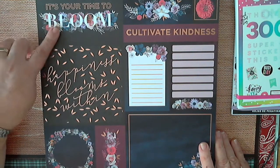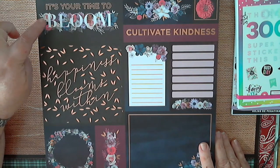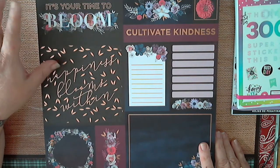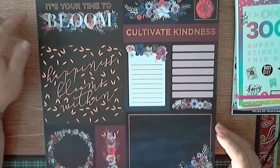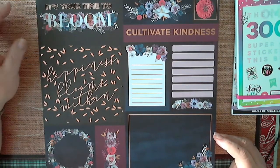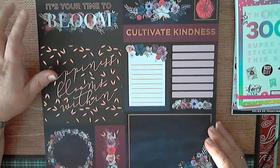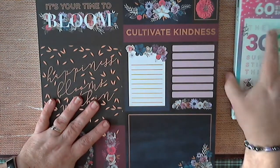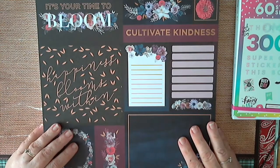And this one with my journey that I'm fixing to take, I thought was just perfect. I mean, you think about it, when you're fixing to start a new part of your life, and to see something where everything is just kind of falling together, and when it says it's your time to bloom, that made me feel really good, because I always look for signs that I'm being told something. And between everything that I've gotten for Christmas has really told me that I'm headed in the right direction. So,